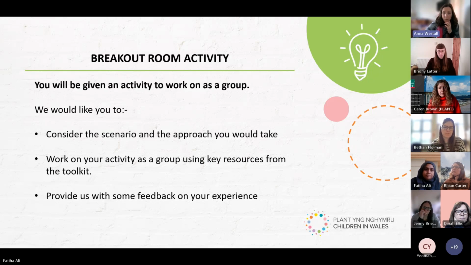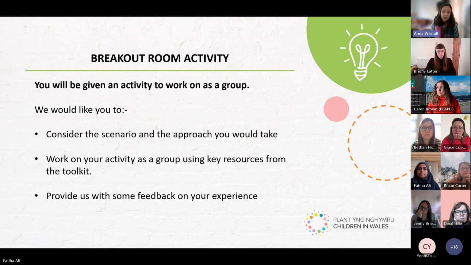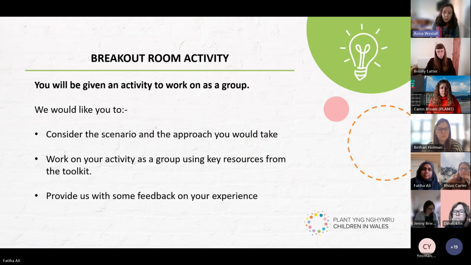Okay, so what we want to do now is give everybody a chance, in small groups, to have a look at a really simple scenario. It's just a consultation scenario, and think about what approach you might take when you're working with parents.